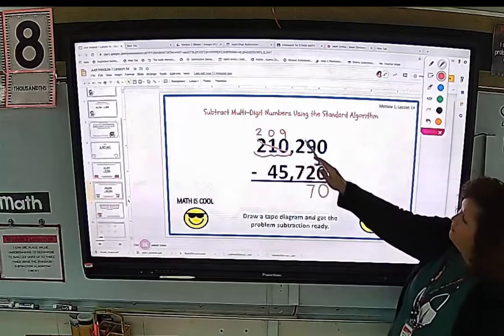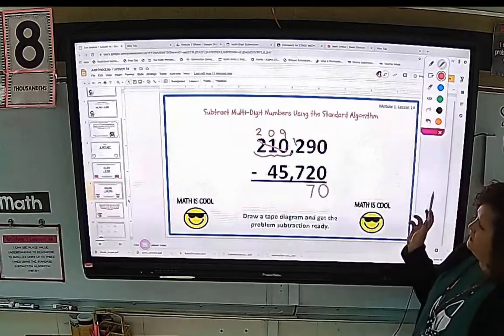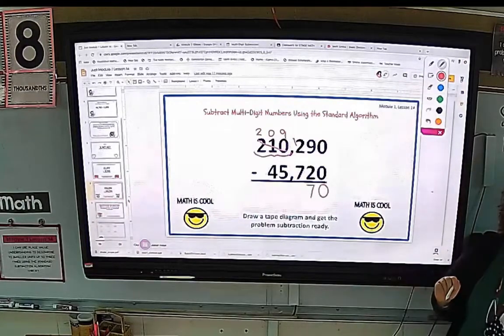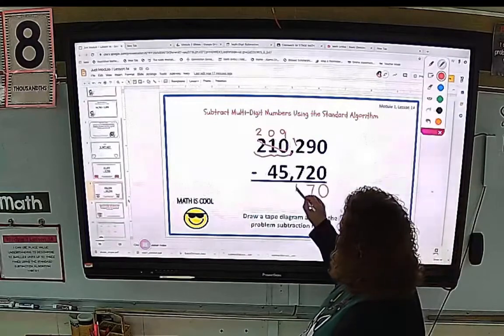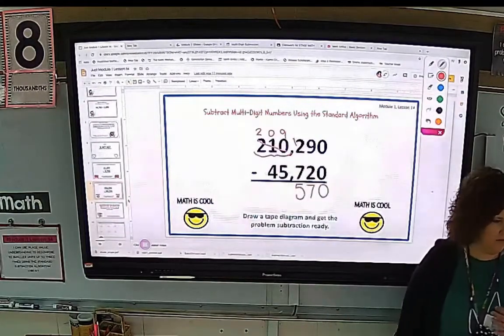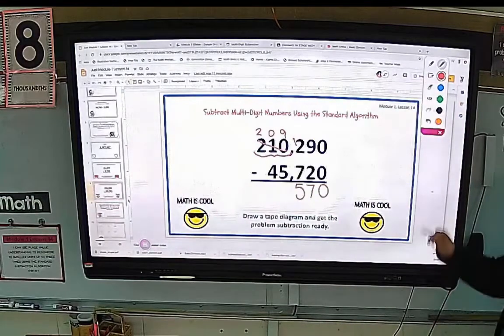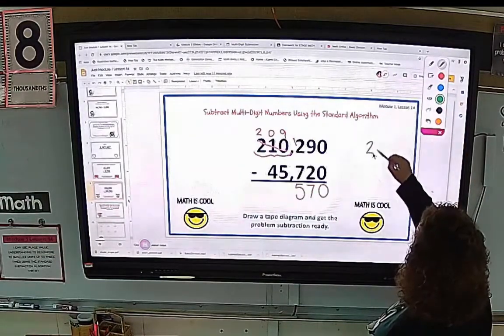And my 2 is 12. Yes, that becomes a 12. There we go. And subtracted that, and I got 5. Okay, so 12 take away 7 is 5. Now this is just one way to look at it, and that's not the usual way that I do it either. If I were working this problem and I had